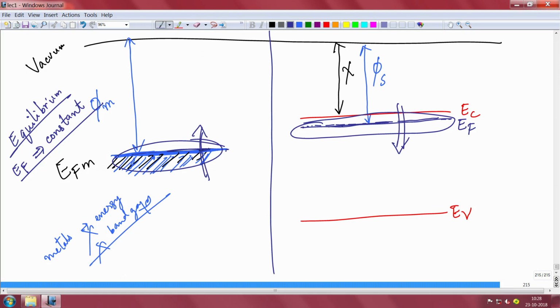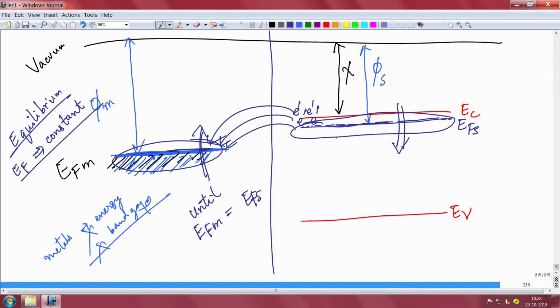Physically what is happening is that electrons from this side, because this is a high energy, will actually be donated or given away to metal. Metal is like an infinite reservoir of receiving or accepting electrons. So, electrons from this side will come to this side because they are at high energy, they will keep coming until the Fermi level on the metal side becomes equal to the Fermi level on the semiconductor side. This is the Fermi level on the semiconductor side.